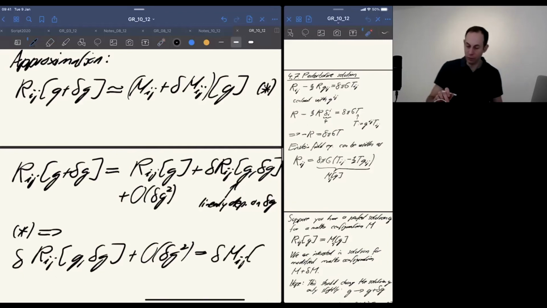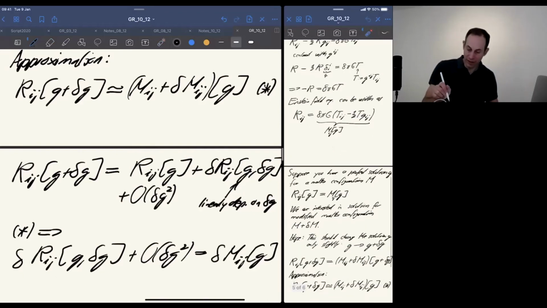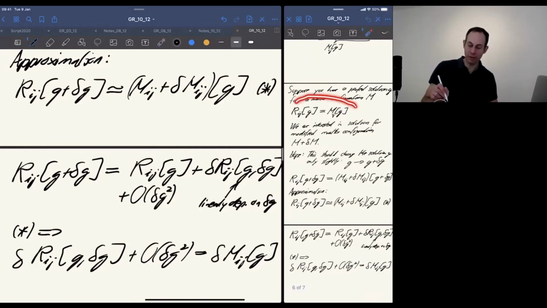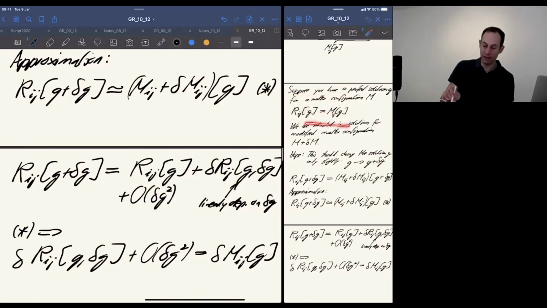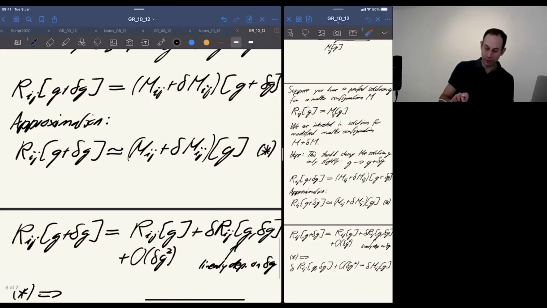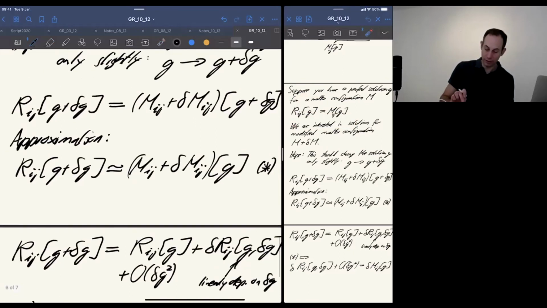Why is this true? I mean, what I did is just, I used the fact that we already, and that was the crucial ingredient, we assume that we already have a solution in the exact case, which you see here on the right-hand side. So if I put in,